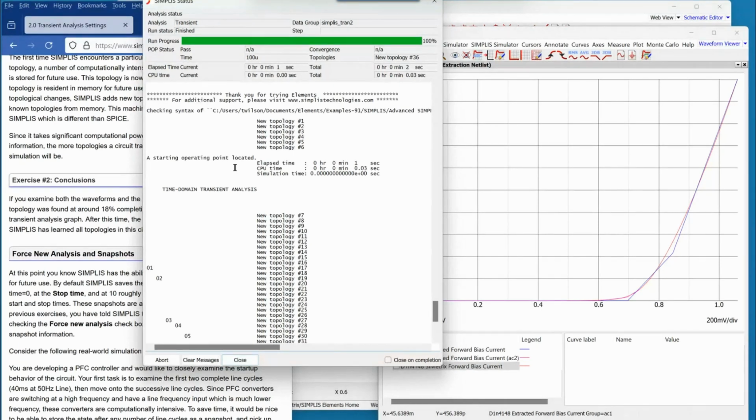And what was your first question? About the starting point. Okay. So one example, think of an RC oscillator. You have an op amp and you hook it up with positive feedback, with a capacitor, and it's just oscillating back and forth, right? If you do not give that capacitor an initial condition, then every time SIMPLIS goes to try to solve the starting point, because you have positive feedback and there's no energy storage in the equation,